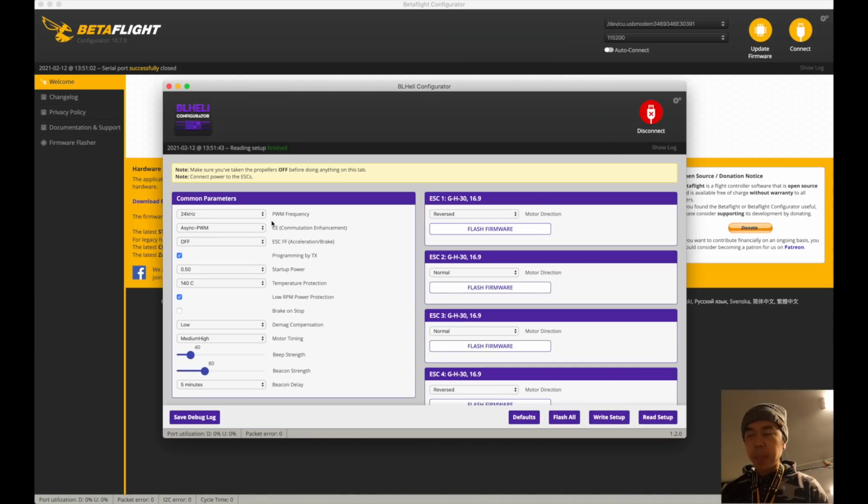Also, take note, I'm going to leave this at 24 kilohertz just because 24 tends to give you a little bit more torque, and we obviously want torque, especially since we are kind of on the smaller side as far as the motor goes when it comes to a 5-inch prop. So once that is set,